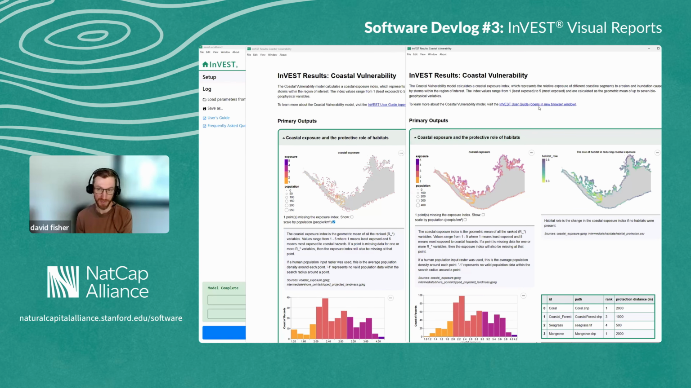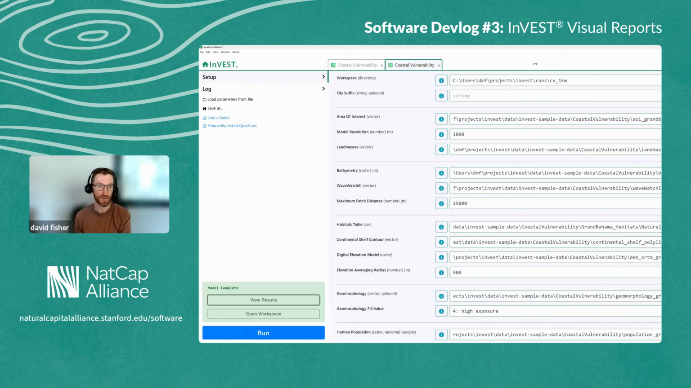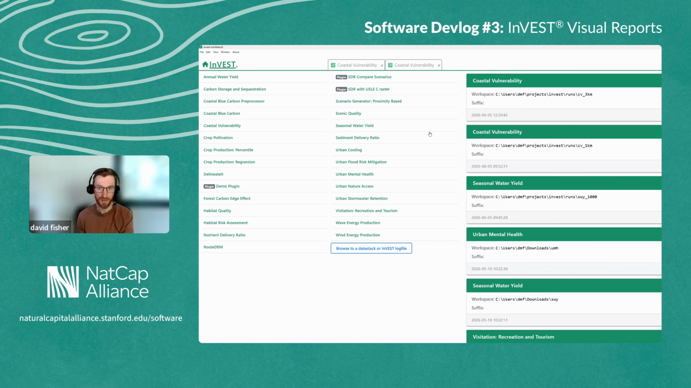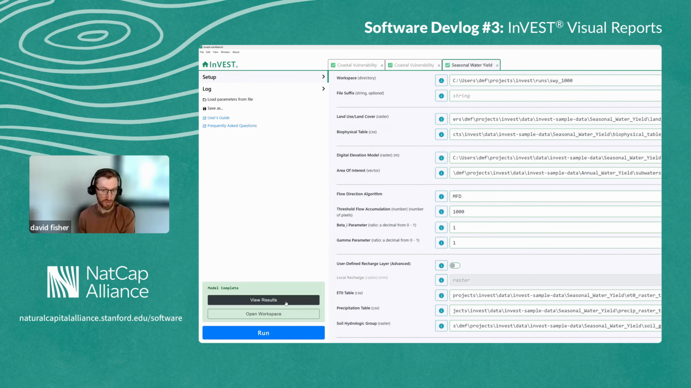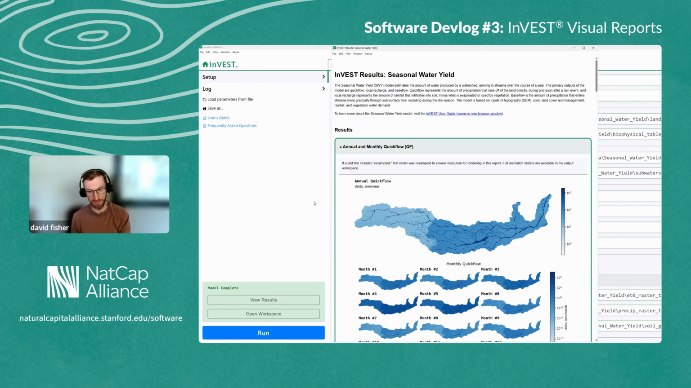So InVEST reports give a great way to compare model results from one run to the next. So this was the coastal vulnerability model. We have reports available for several other models. I'll show one other example here, the seasonal water yield model. This is a model that does some hydrological routing, maps the flow of water over the landscape, and